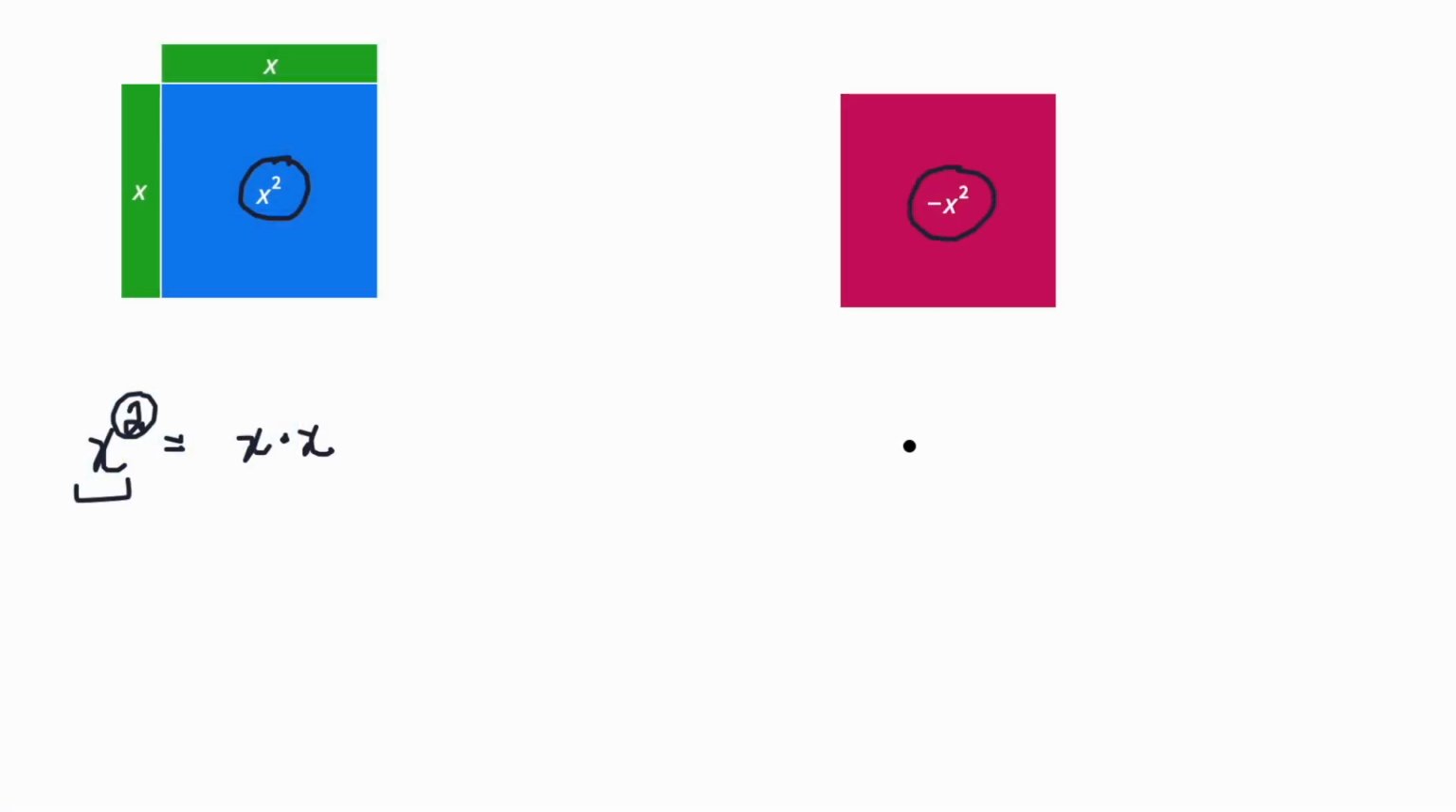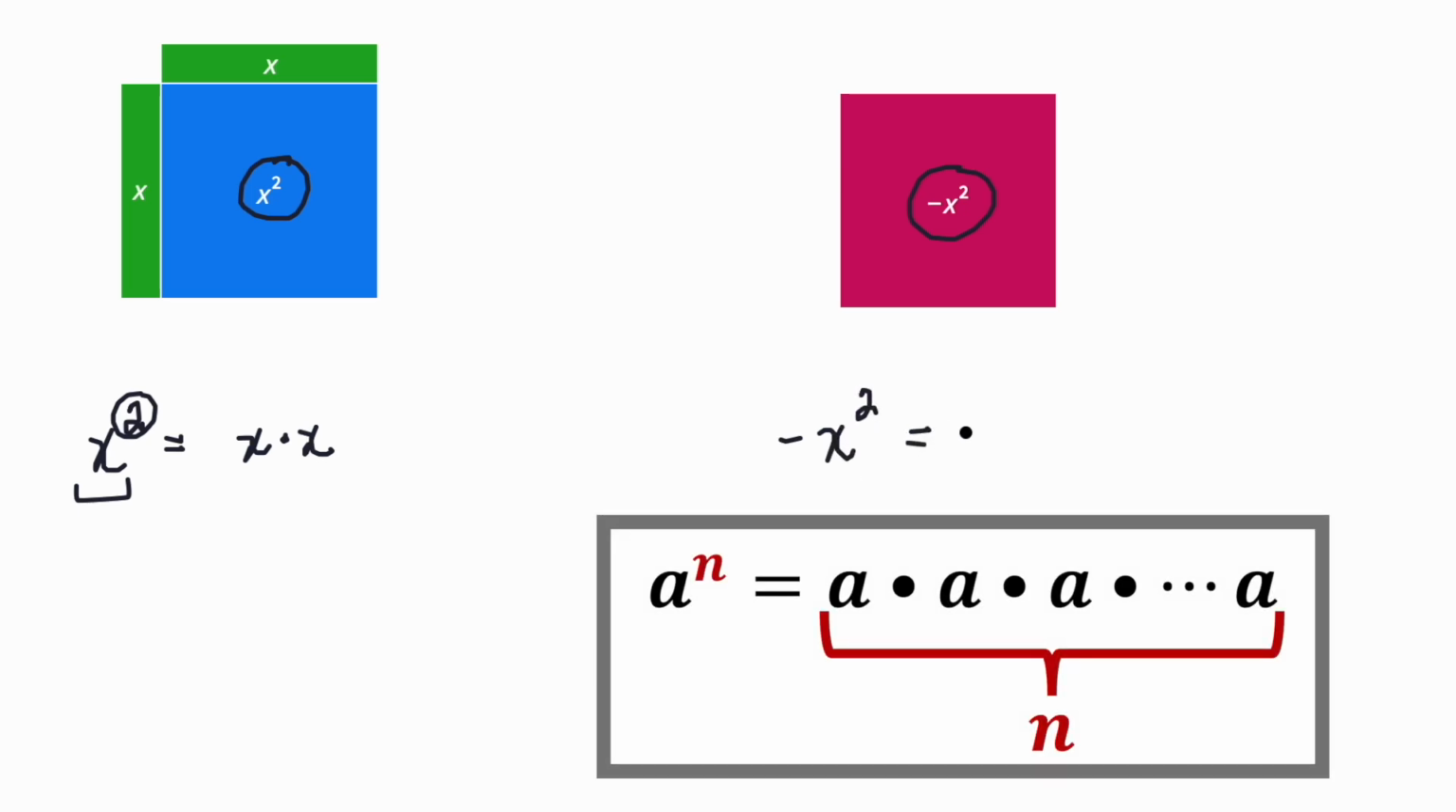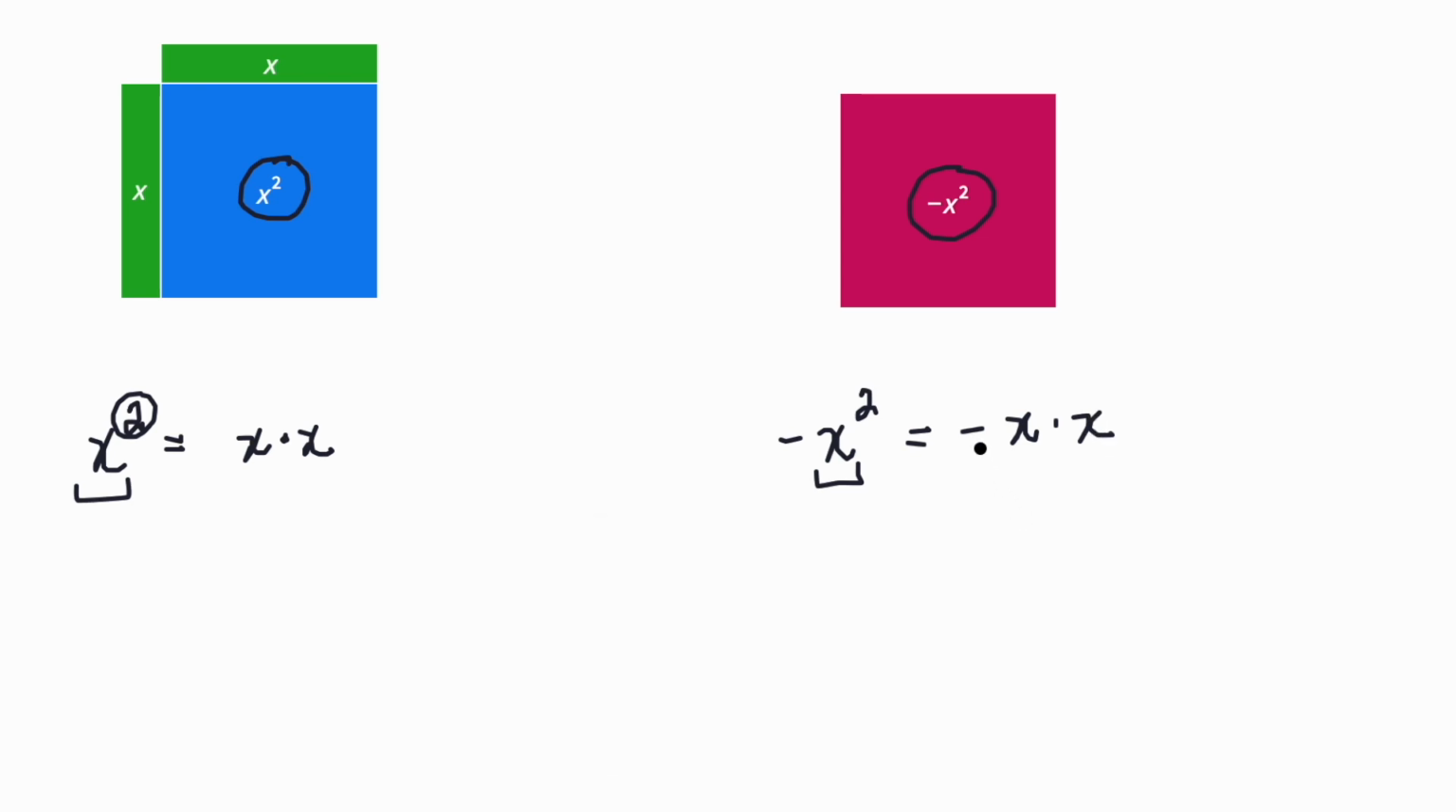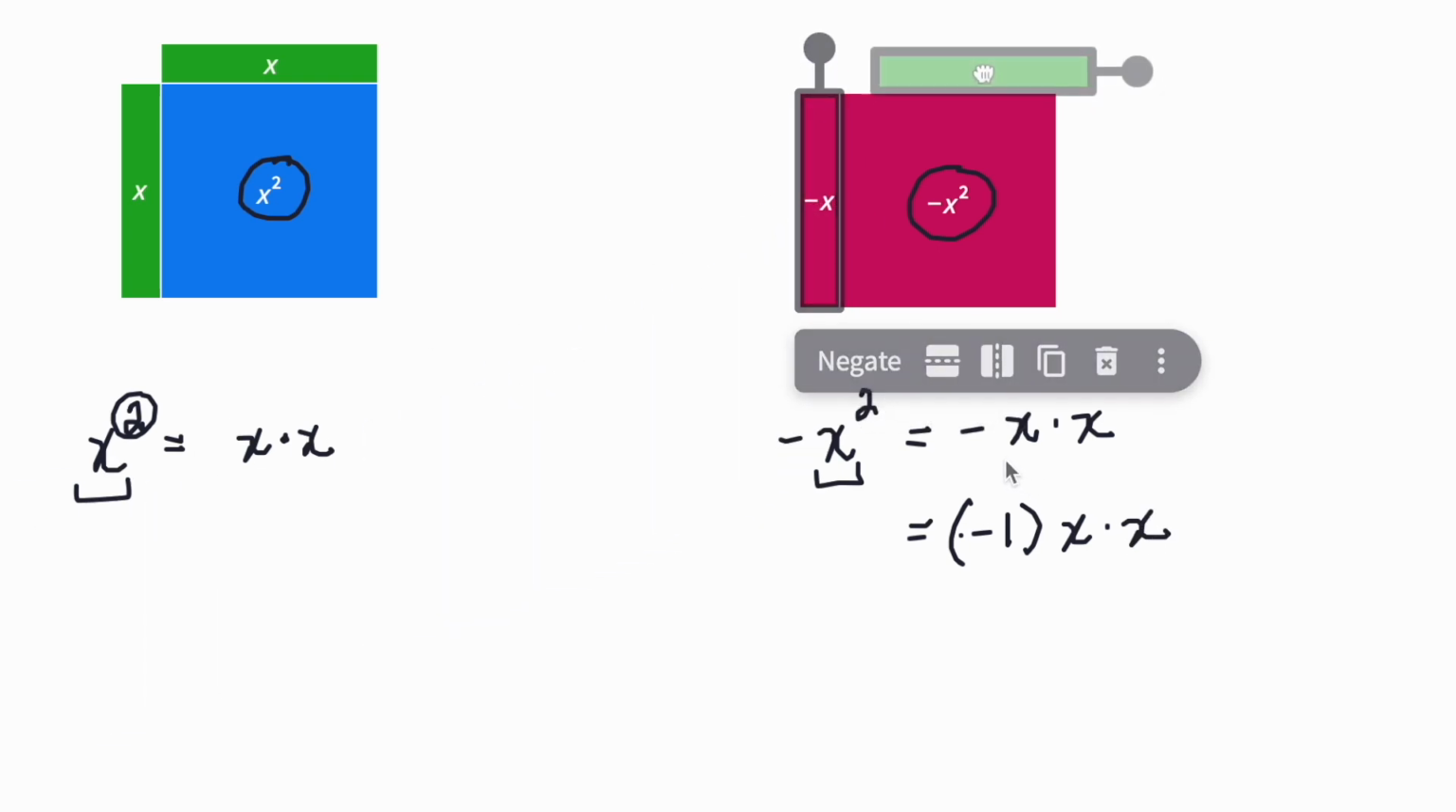Negative x squared is a little bit different. We write the negative on the outside of the base. The repeated multiplication is only with the base of x. So x times x is what we have. The negative's out in front. You could also write it with a coefficient of -1 times x squared, and the dimensions would be negative x times